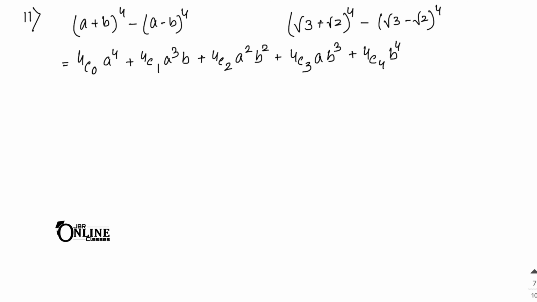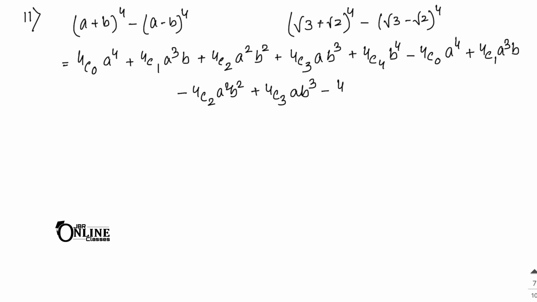Now for the next one, as here you have (a minus b) whole to the power 4, that means first one will be positive, second one will be negative. That means 4c0 positive, 4c1 negative in this order. But as here minus is outside, so first one will be negative. So write down here 4c0, then a to the power 4, b to the power 0 means 1. Then second one will be positive now, 4c1, a cube, b. After that negative 4c2 a square b square. Then again positive 4c3 a b cube. And the last one again negative 4c4 b to the power 4.